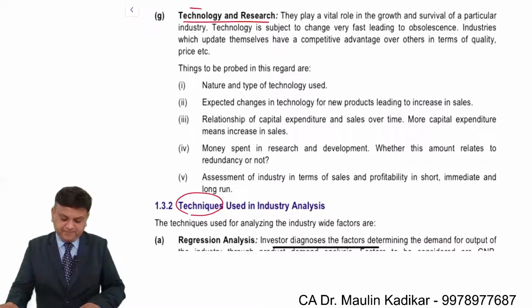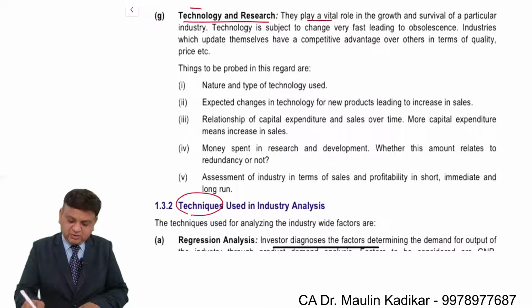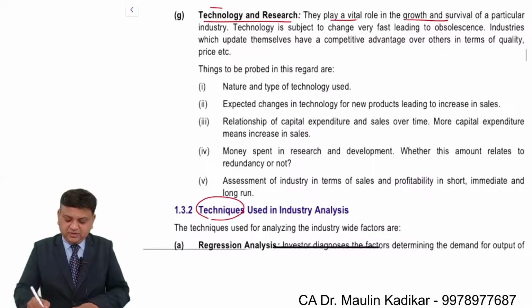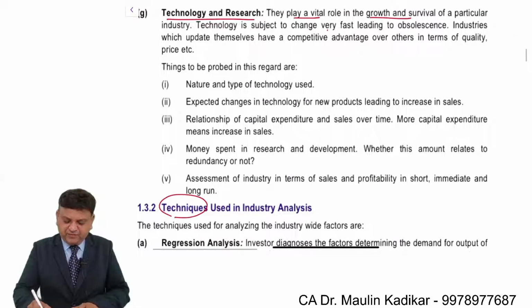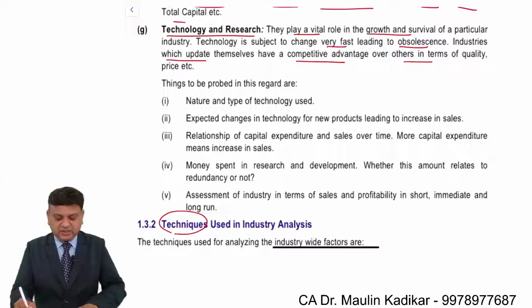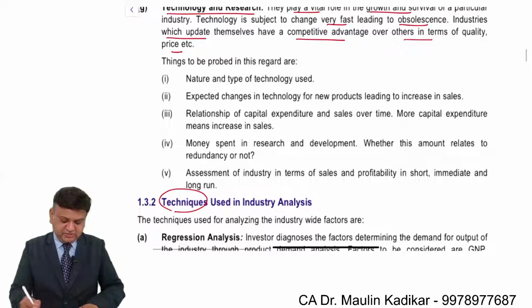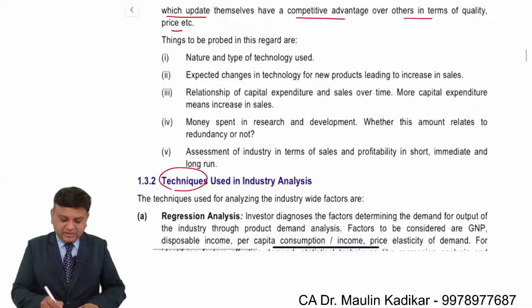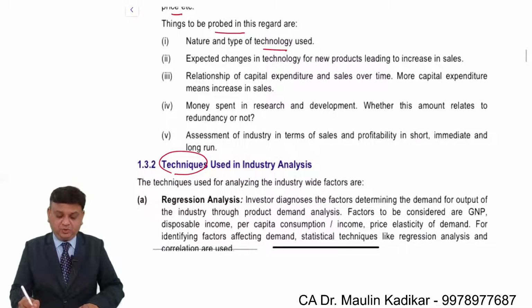Technology and research play a vital role in the growth and the survival of a particular industry. Technology is subject to change very fast, leading to obsolescence. Industries which update themselves have competitive advantage over others in terms of the quality, price, etc. Things that may be probed in this are the nature and the type of the technology used, expected changes in the technology